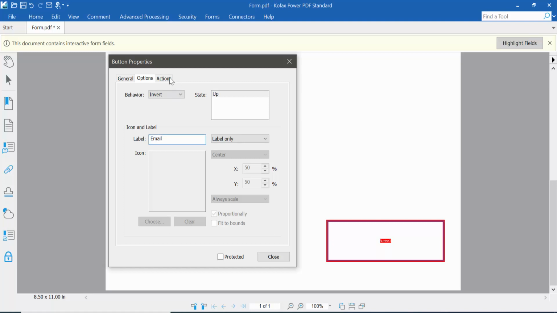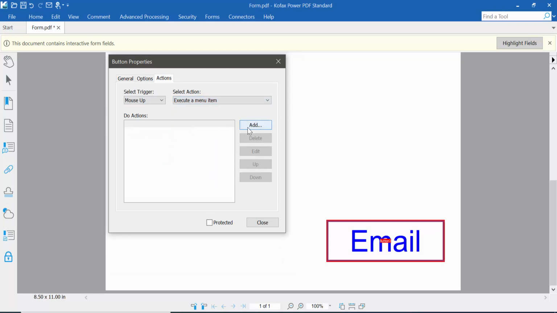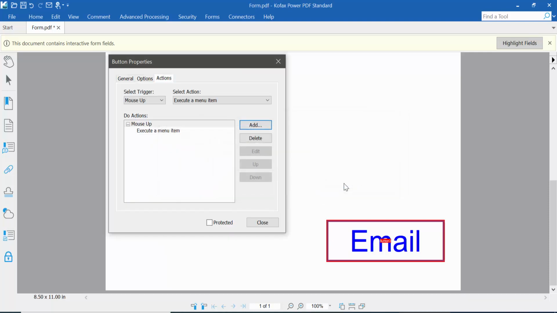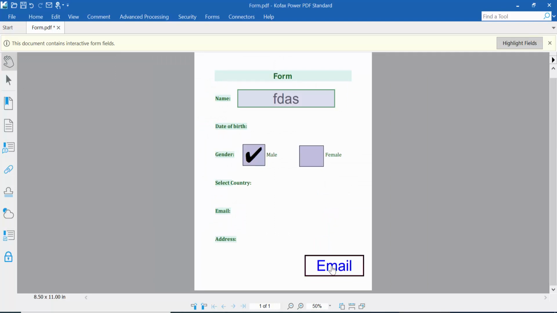email, click action. Here we will find this execute a menu item, click here and click add and click this file option. Here we will find this email option, click here. Now click OK and click close and finally click the hand option and click this email